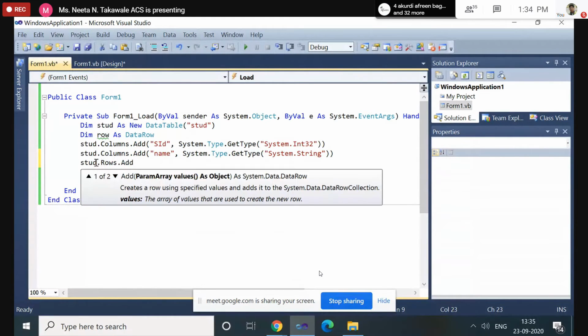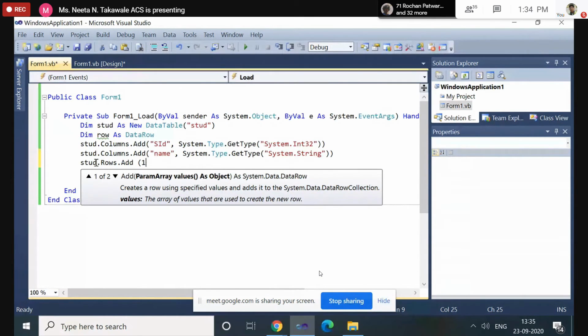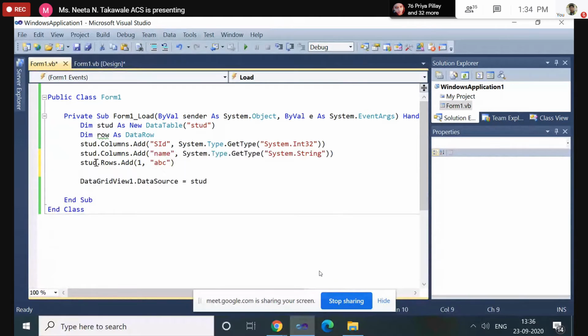Now how many columns are there? Two columns, so specify the first column value, that is SID, and then the second column value, that is student name. Like this it will add one row.